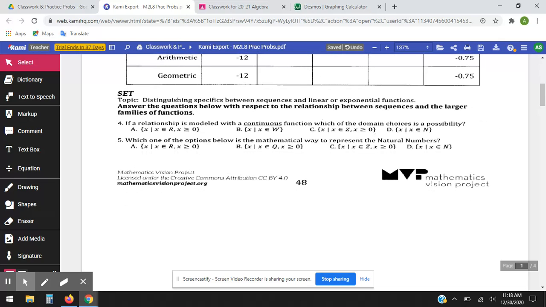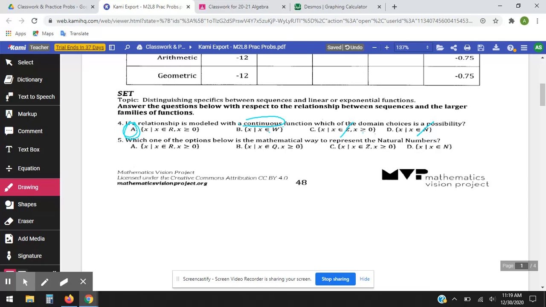All right, so with these, we're just looking at general information that we note from each of these. Answer the questions below with respect to the relationship between sequences and the larger families of functions. So we're comparing sequences with functions. The relationship is modeled with a continuous function. Which of the domain choices is a possibility? We know continuous has to involve everything in between. So it can't be natural, can't be positive integers. Those two are the same. W, we haven't really even talked about, but real numbers, it doesn't matter if they're positive or negative or both,